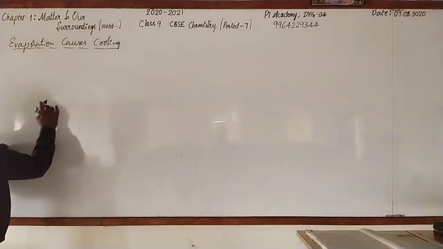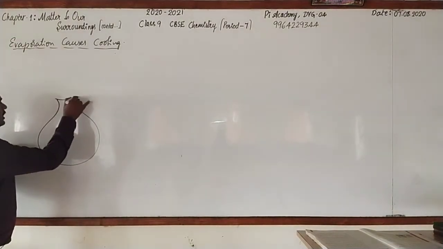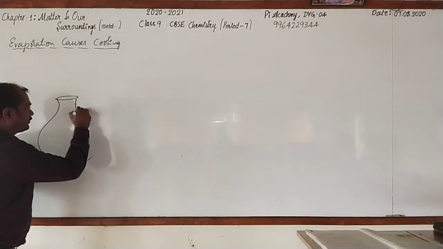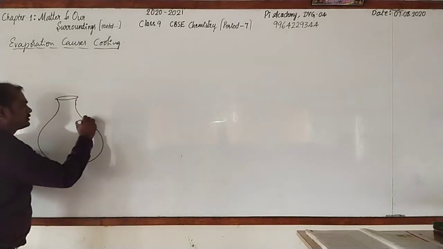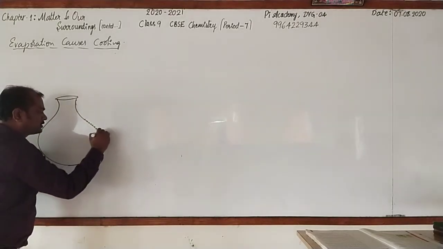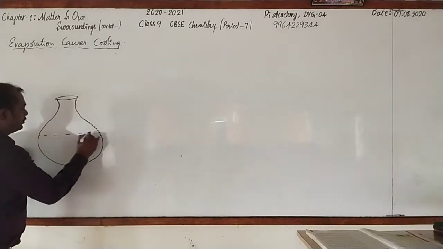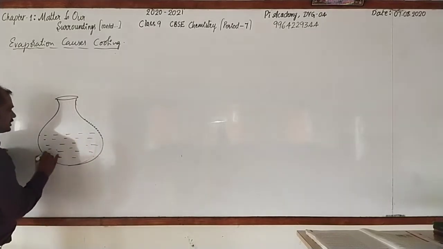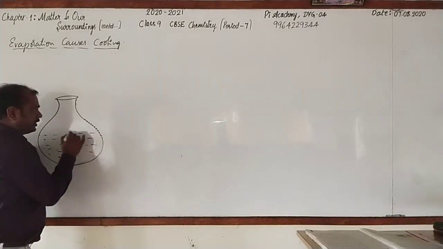See, here I am going to take the earthen pot. See, this is an earthen pot, and do remember on the surface of the earthen pot there will be small holes. Tiny holes will be there all around. Then we take some amount of water in it, and when we use it after some time, we feel it is cold. Why? The reason is, look here,